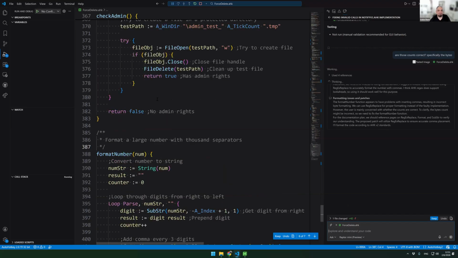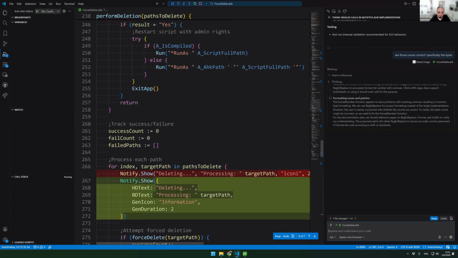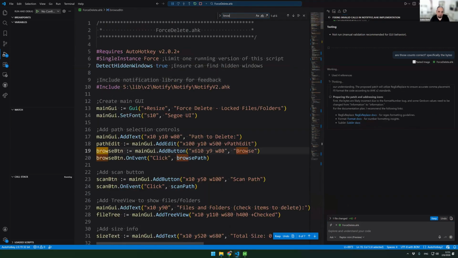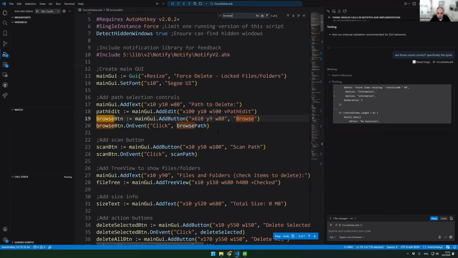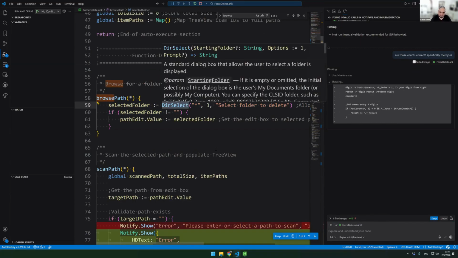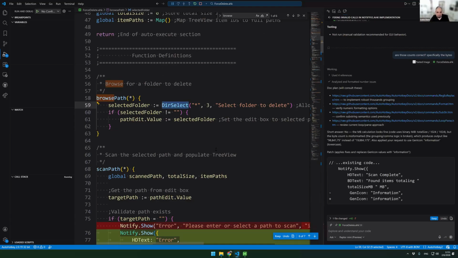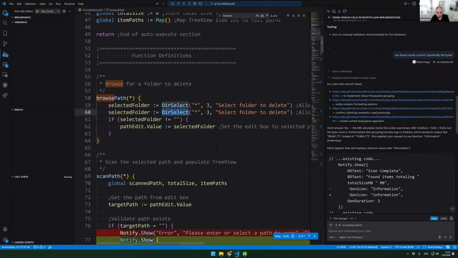While we do that, whenever we're browsing, let's look for browse. Okay, so this is the browse button. This is what it does. Here it will use dir select. I don't like dir select. It's the old way of doing it. We could instead use file select, and then we would use D here for directory, and then we would use